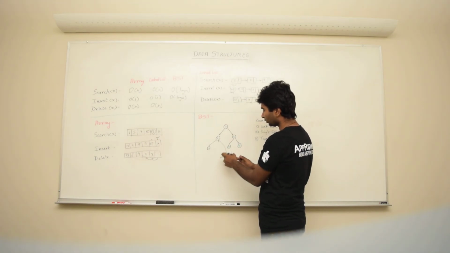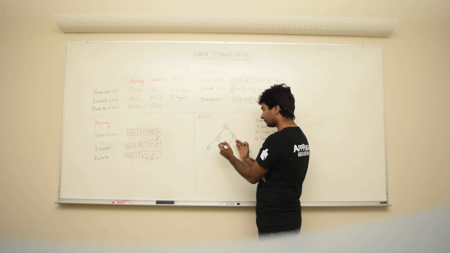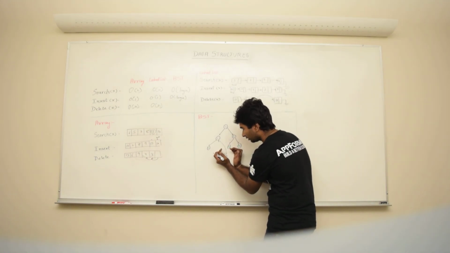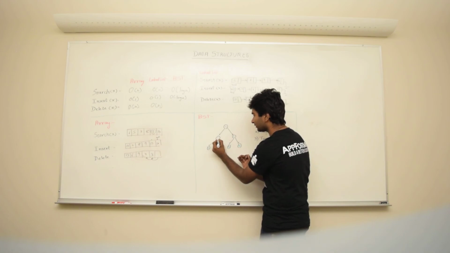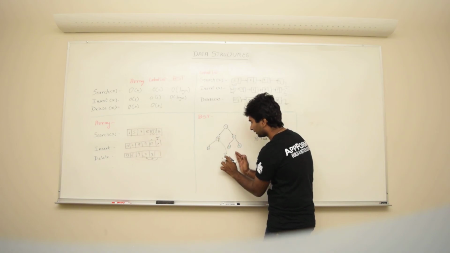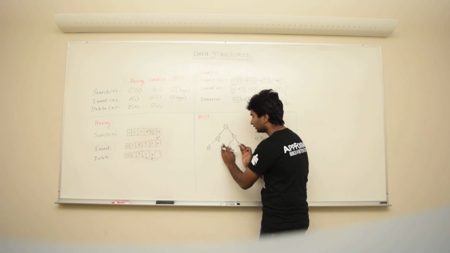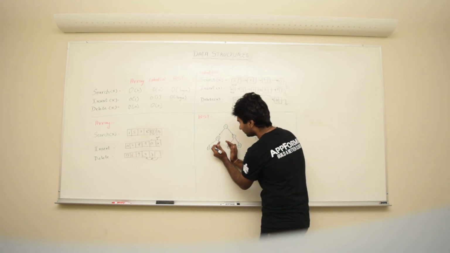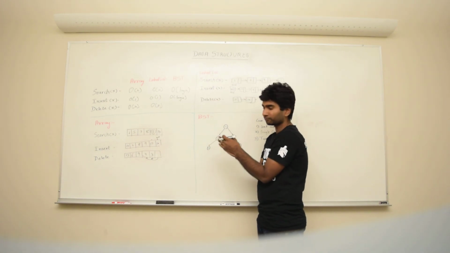Like let's say we want to delete value 6 here. What we'll do is take the maximum value in the right subtree, which is 9 here. We'll replace 6 by 9 here, and then we'll free this memory here. As 9 is the minimum value here, which is still greater than 6, so